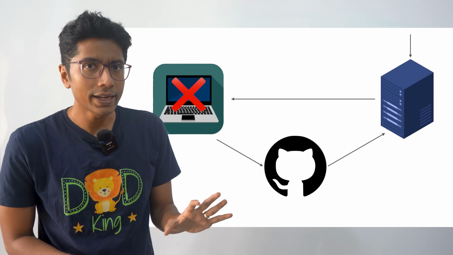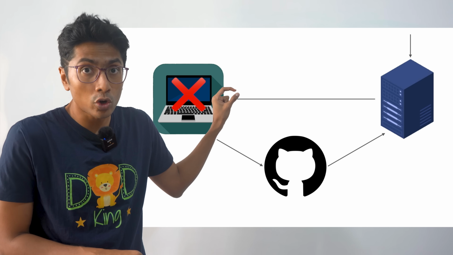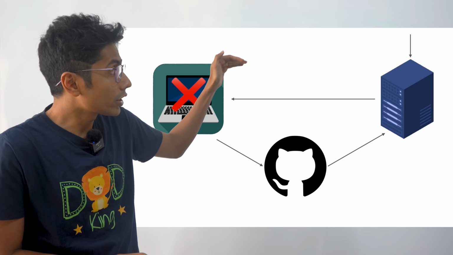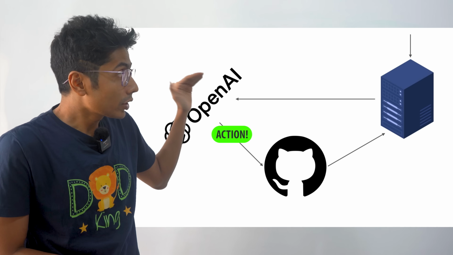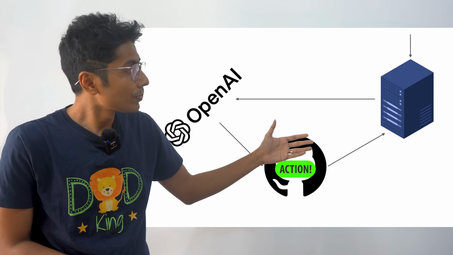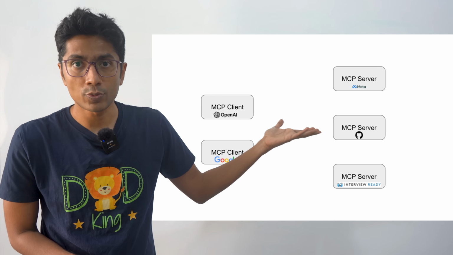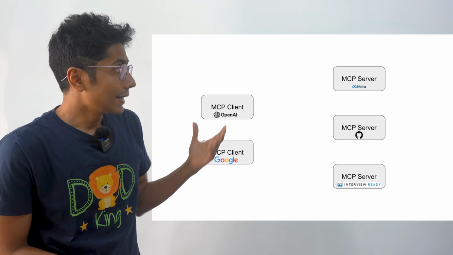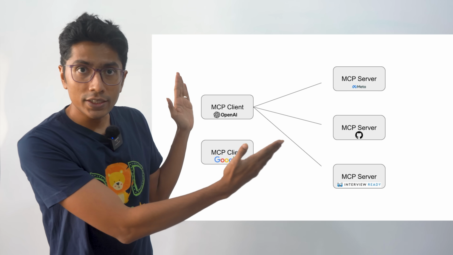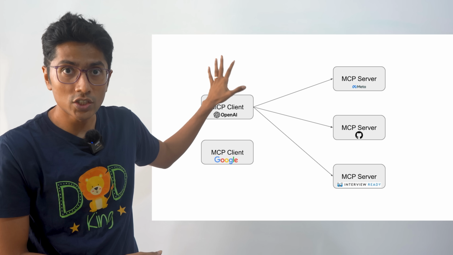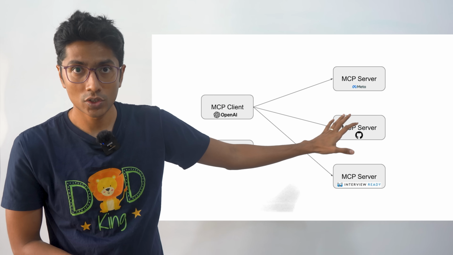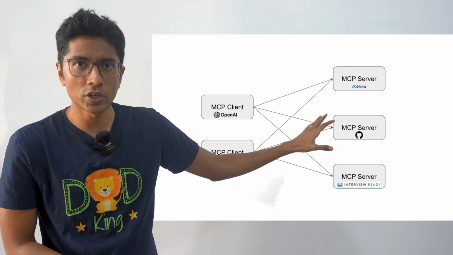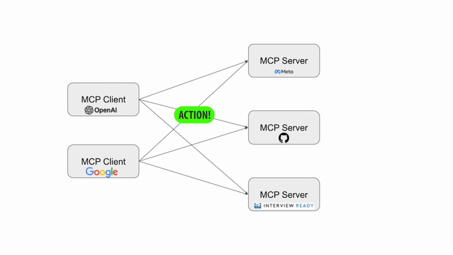So with this basic idea that you want your large language model to not only give you advice or give you the steps that you need to follow, but also actually do things for you, comes the Model Context Protocol, MCP. This enables a two-party system where you have clients who are large language models and you have servers who are typical servers exposing APIs. The client can send a request to the server to do something.